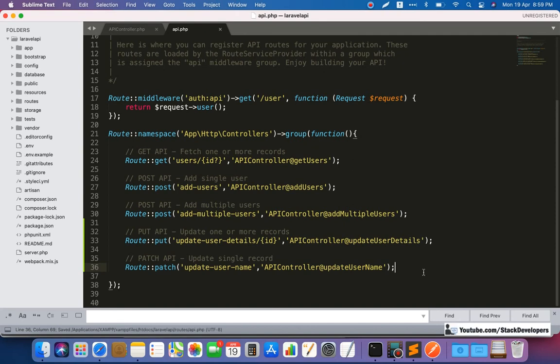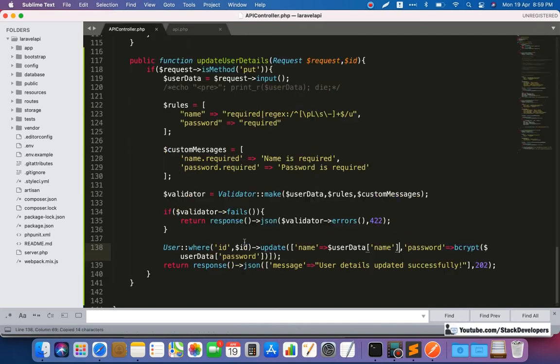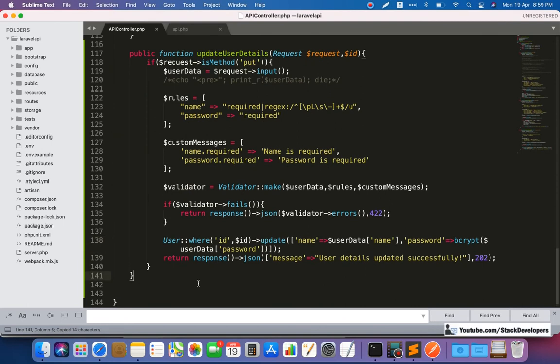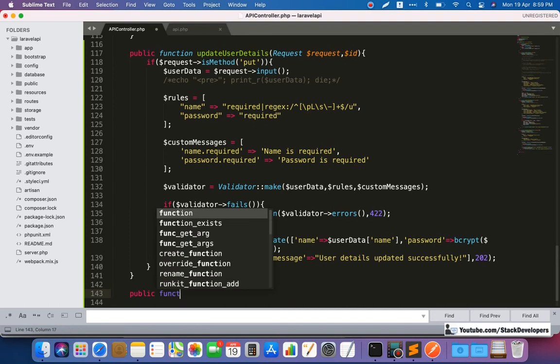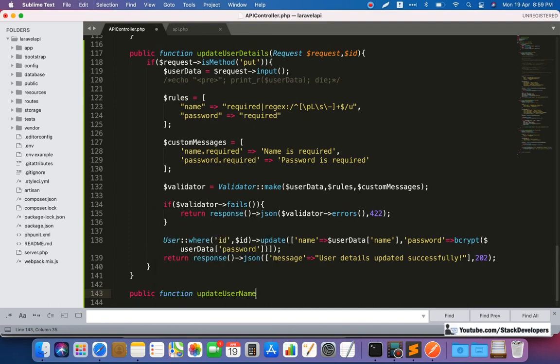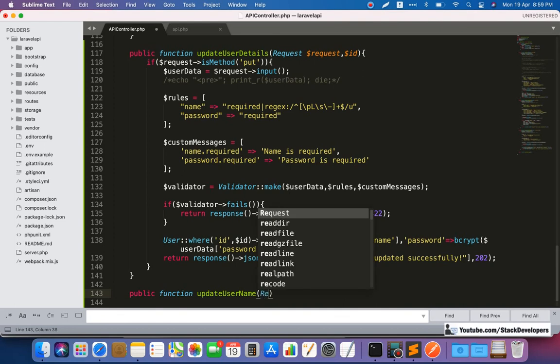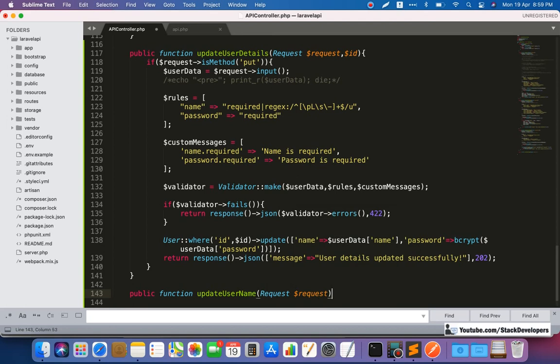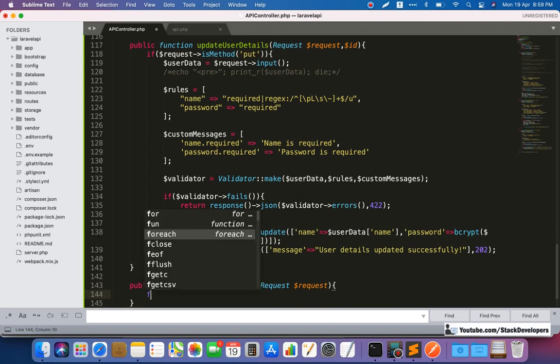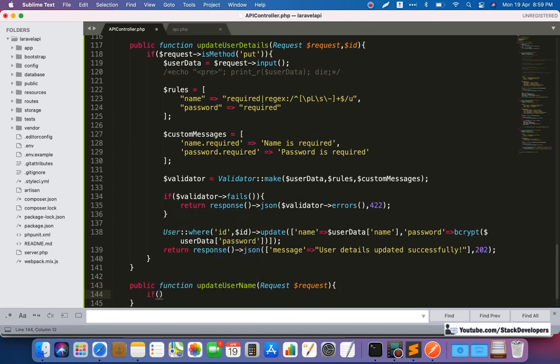So let's see. Now we are going to add this in the API controller: public function updateUsername. Now here we will use Request $request. Which method are we going to use here?